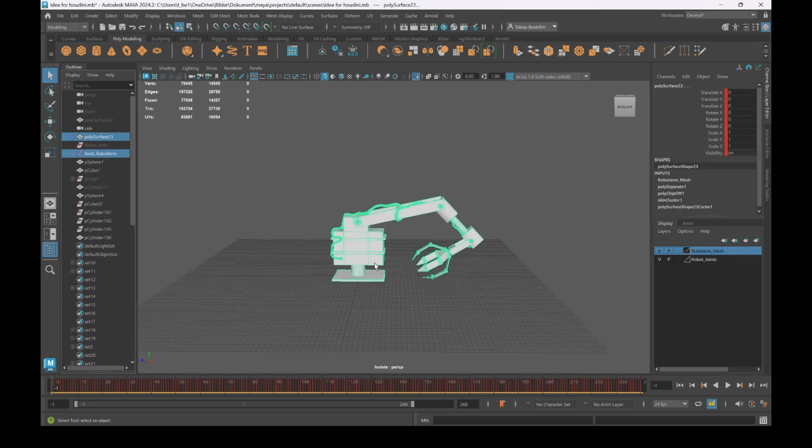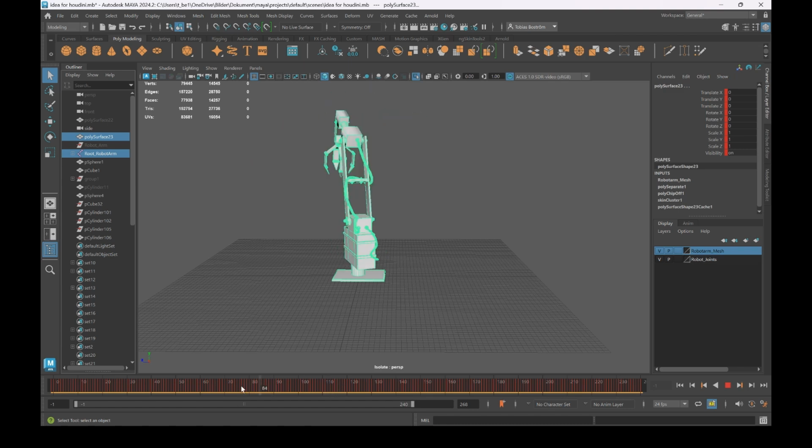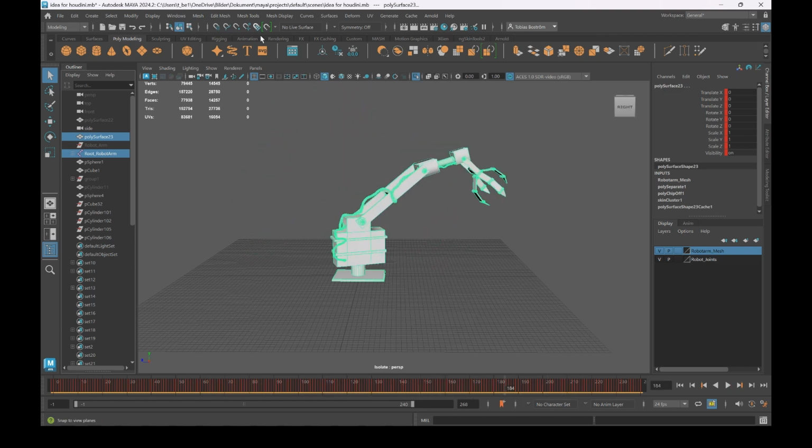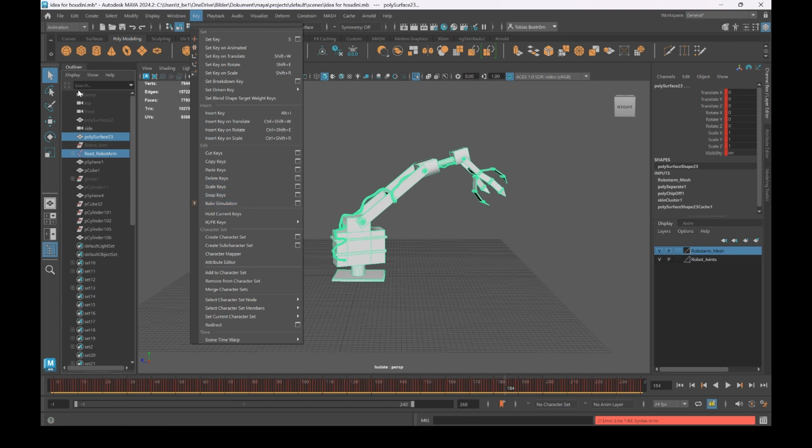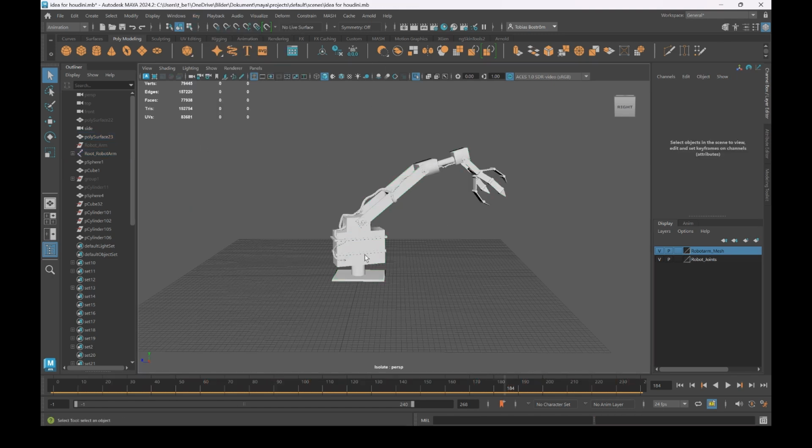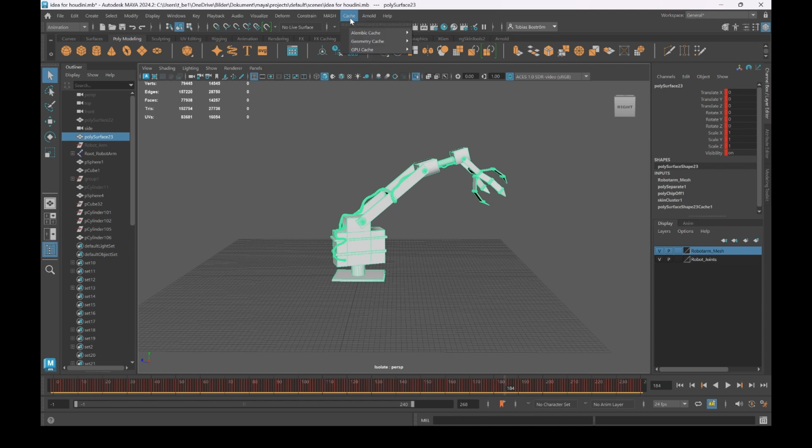right here is my animation. So it's pretty much just this robot rolling around. And so what I did before that is, I just used the bake simulation inside the animation. And once you bake your animation, all you got to do is just put Alembic cache, and inside of the